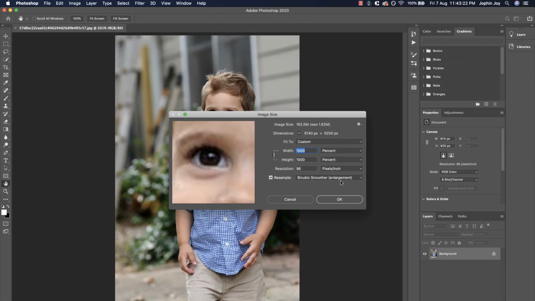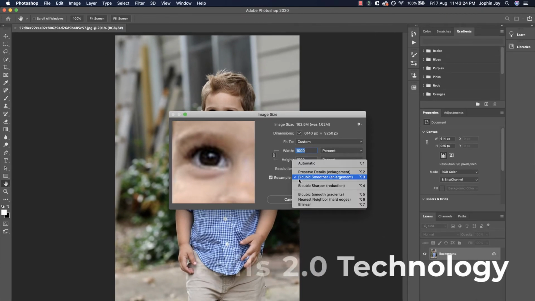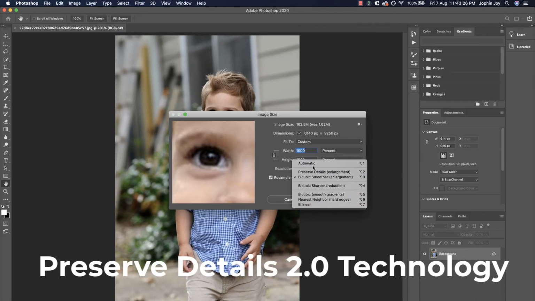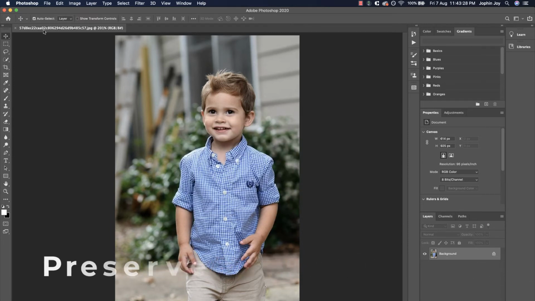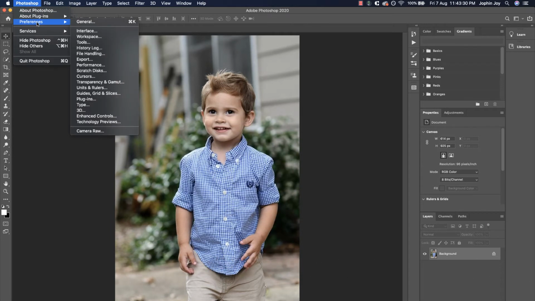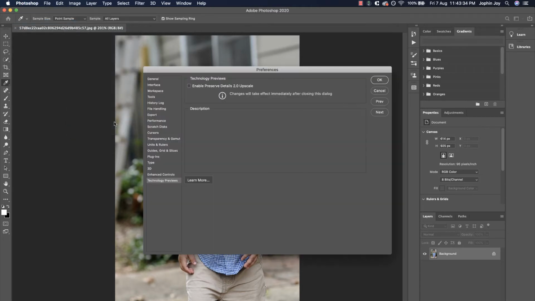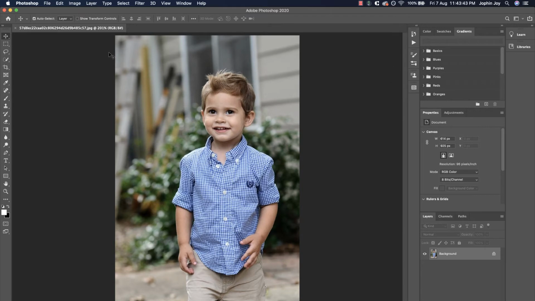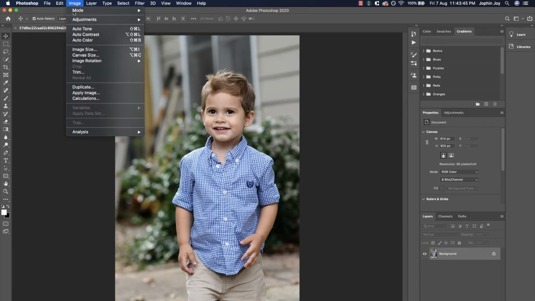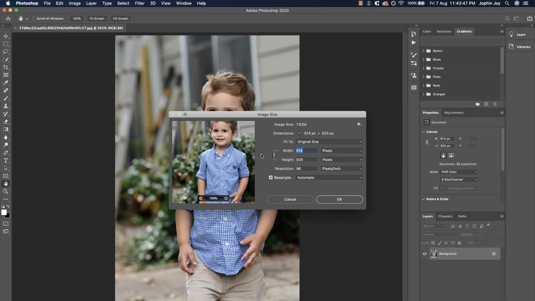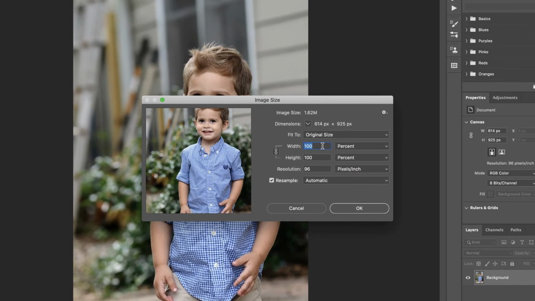So we have something called Preserve Details 2.0. If you don't find it in these options, just go to Photoshop and then Preferences, and you will find something called Technology Previews. Just click on that and simply check mark Enable Preserve Details 2.0 Upscale and click OK. That's it. Now go back to Image and then Image Size, and let's bring it back to the same upscaling of 1000%,